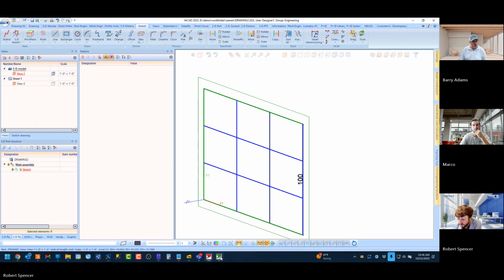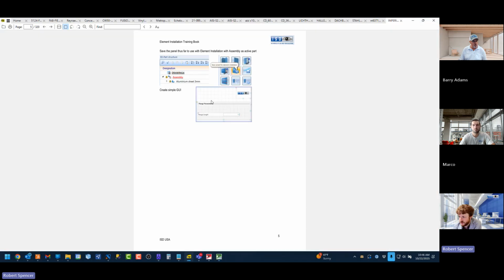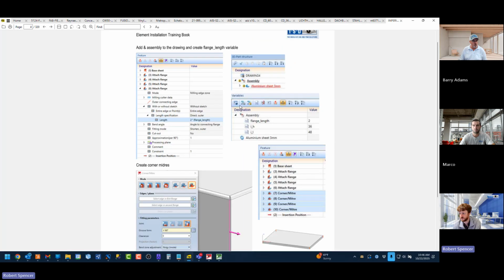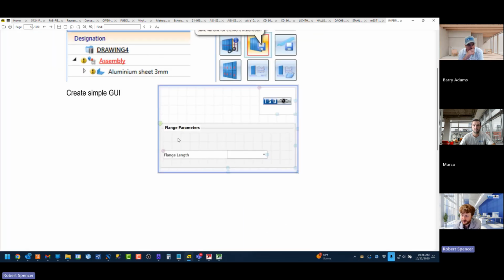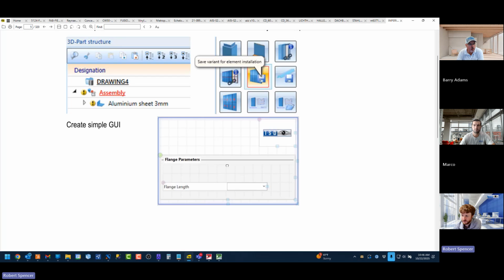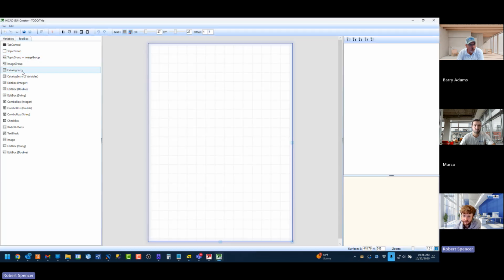So let's keep this simple, but let's say we want to create a simple GUI kind of like this, because the only parameter we have, oh, come on, why'd you scroll? Here we go. So right now we have flange length. We could put a header called flange parameters, and we could put some kind of image in here for, you know, for mullets or a picture of the panel. You could also do. So let's say we start a